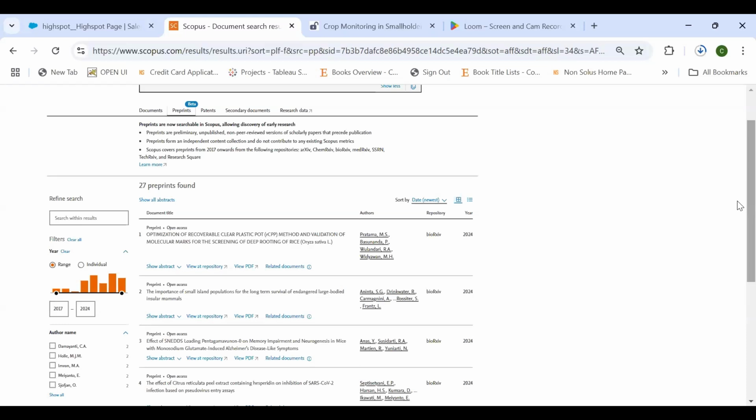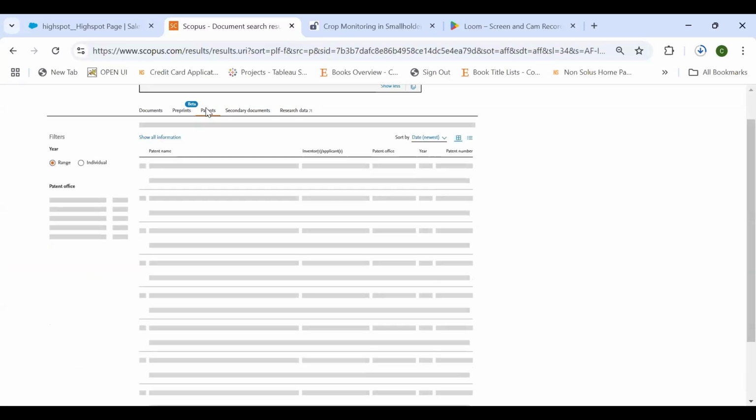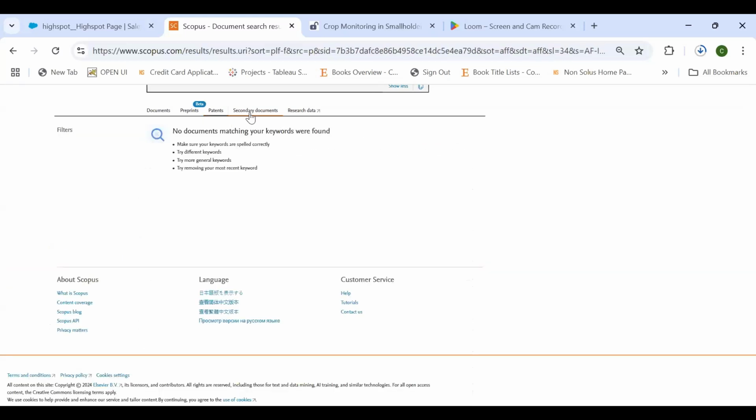Those are the minimal revisions that are pending for these documents, which is added onto the preprints.